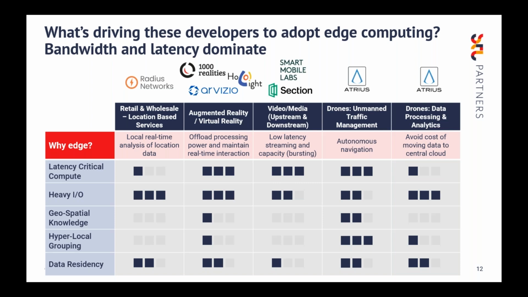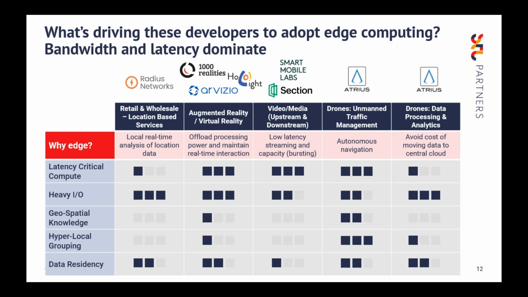There are some other factors. Particularly with a network edge, you have capabilities where you're able to use the location information from the network readily and accurately dictate where a device or the end user is, and that's important for certain applications, particularly drones. If we're talking about unmanned traffic management, or enabling drones to autonomously navigate across the skies, clearly the drone needs to know where it is in order to do that.